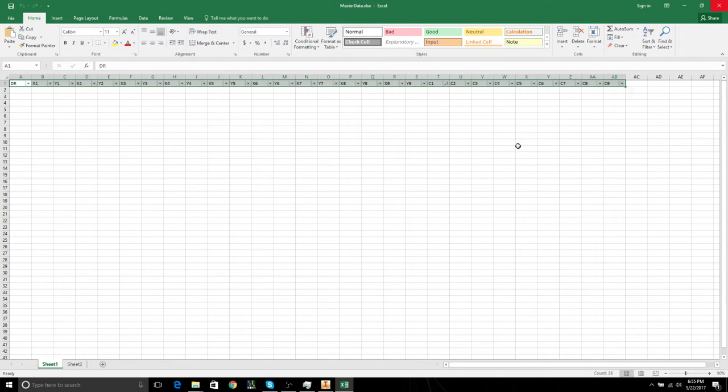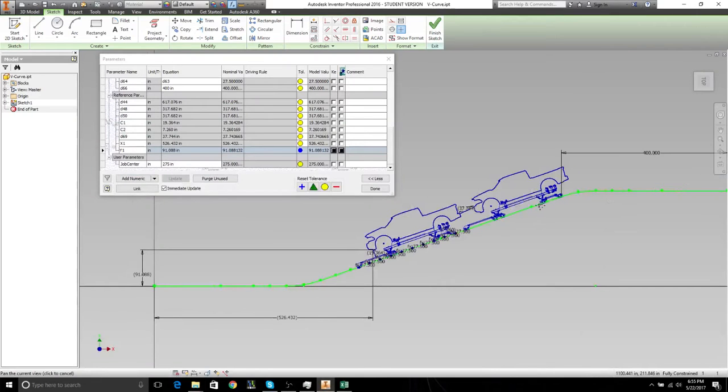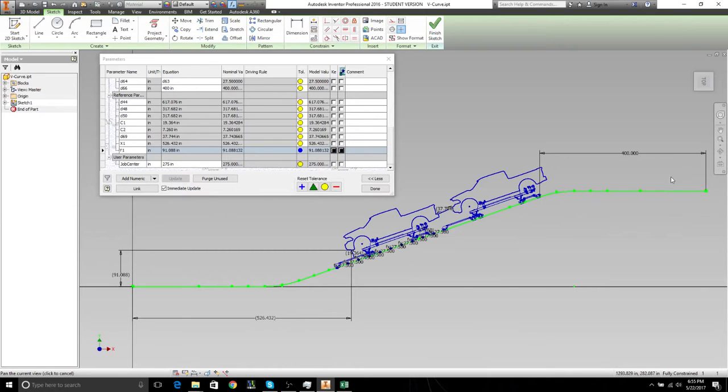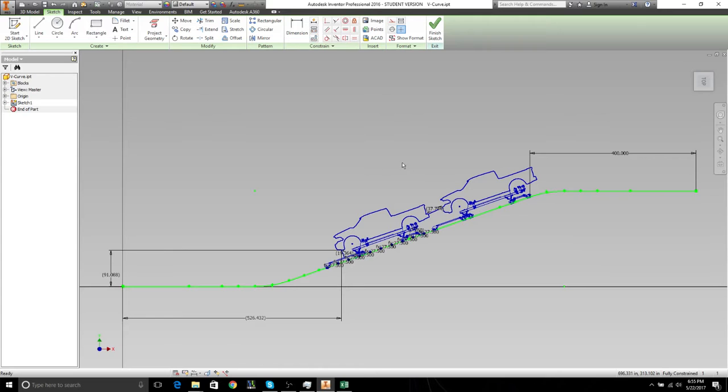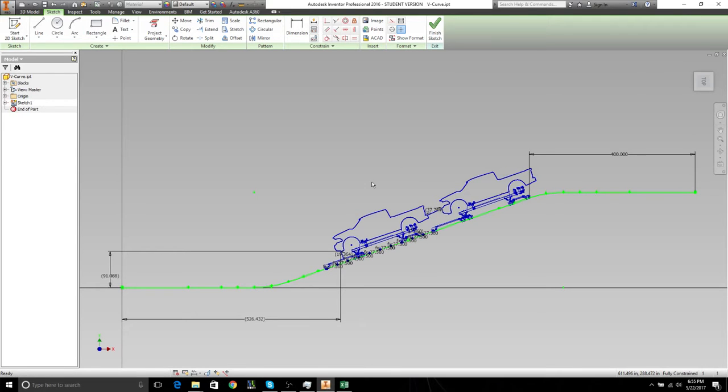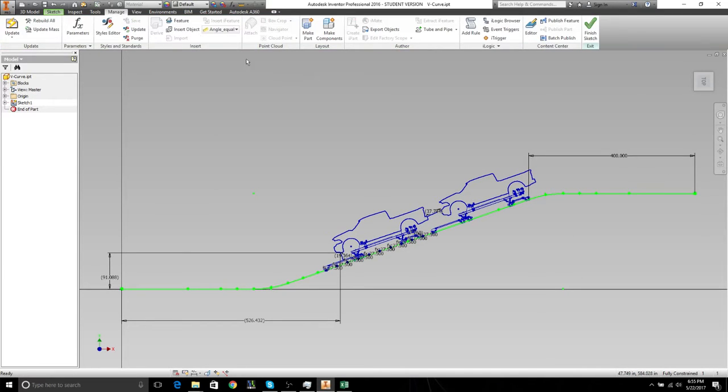So Inventor is going to read the values of all these reference dimensions as the carrier assembly moves through the path and export each iteration to a separate row in Excel. So we need to find a way to automate this, and we're going to do this with iLogic. So if we go to the Manage tab, add rule, production,